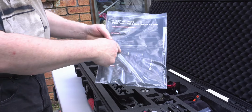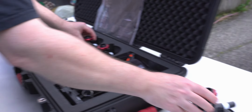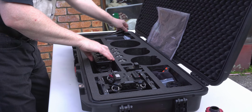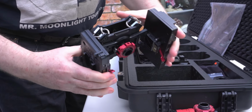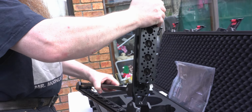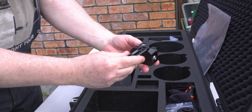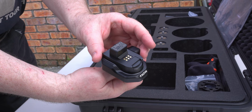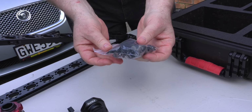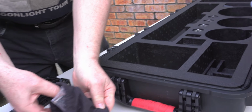Here's the manual and all of these bits and pieces. We've got the 3 suction cups and the iso-elastic arm, the shock mounting cage. We've got the arm assembly itself, you can pull out and move around and set up however you need. Then we've got the Ronin RS2, an angle mount, various clips and stuff for mounting control system cables, the tool that puts all of this together, a neat bag